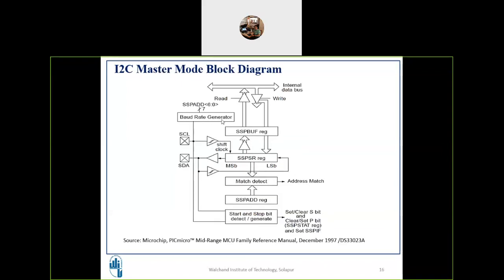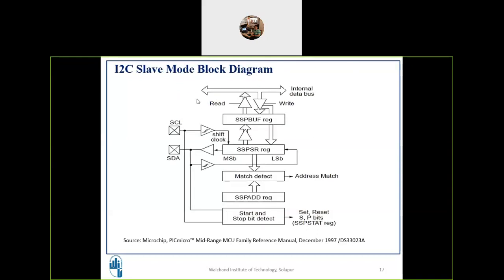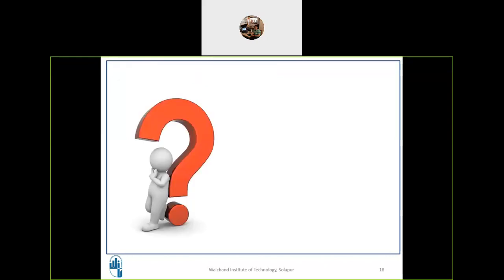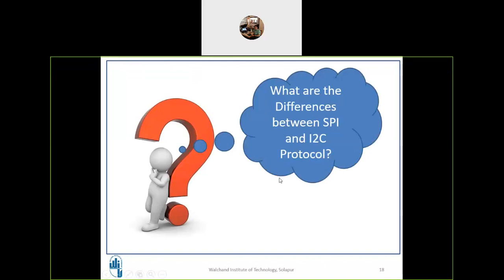So this is the block diagram for the master. Here, the baud rate generator block is the only block that is not available in the next part. The next part is what? Slave. So here there is no baud rate generation because we know that baud rate generation is the duty of the master only. So all of the other things are the same. Now the point for you to think about, and in the next session we will have this comparison.